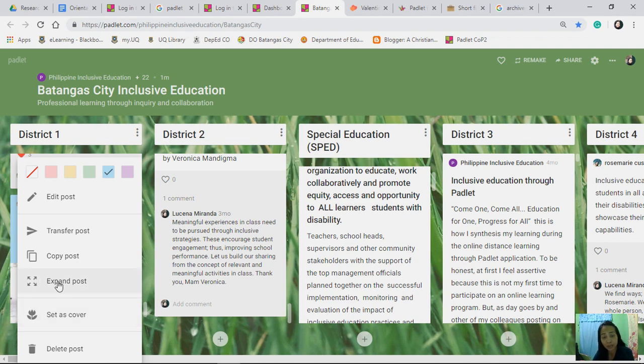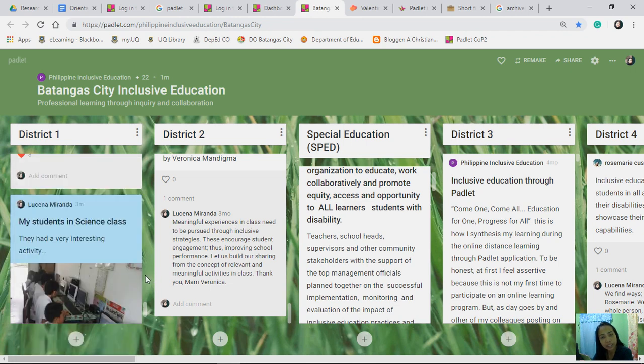Expanding post is like zooming in, and deleting post is, of course, you have to think twice whether you want to delete the post, especially if it's a long one. So what I do is, I compose my content on a separate file, and then I copy paste it here so that if the signal is bad, I can still keep the long content without having to type it